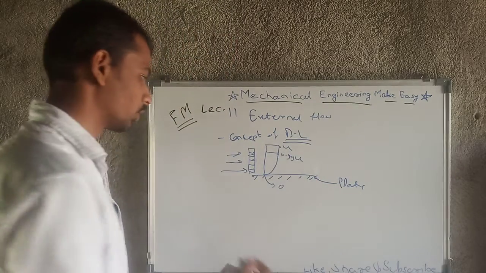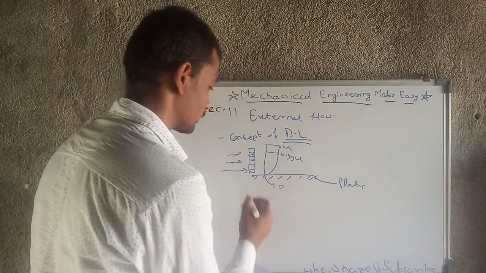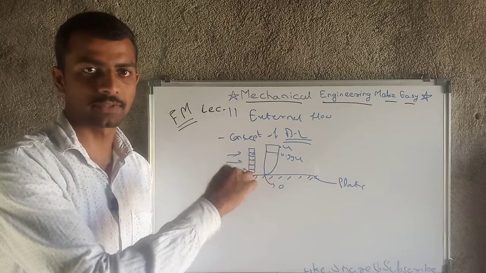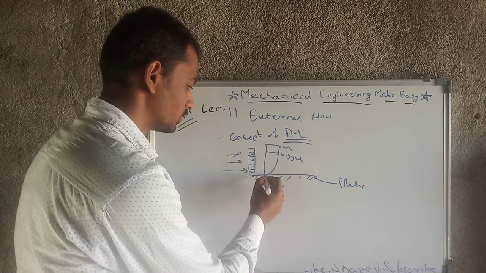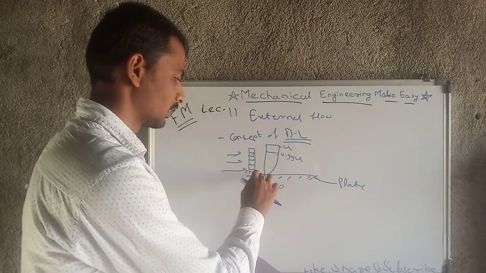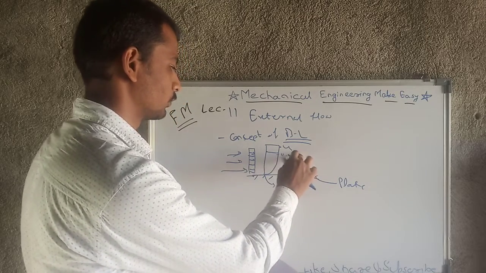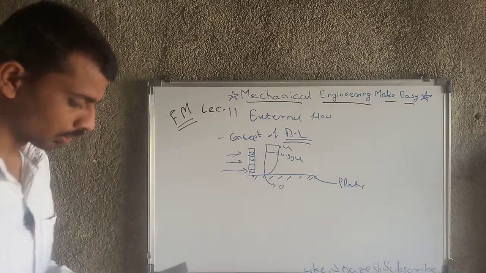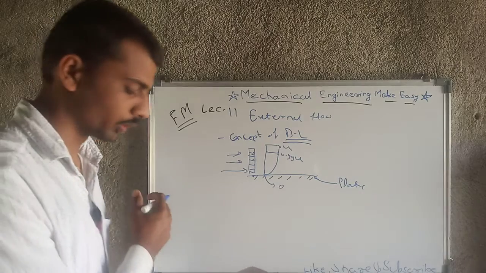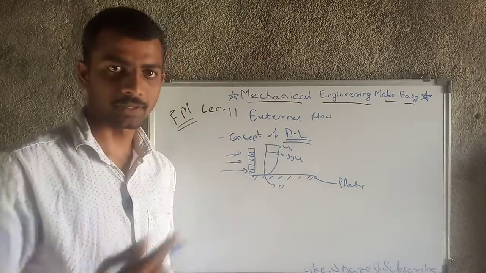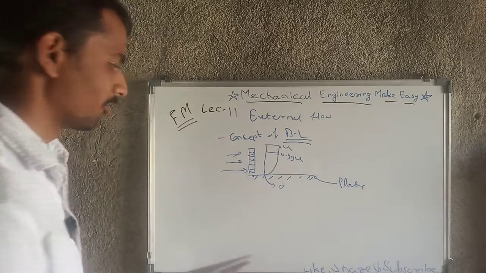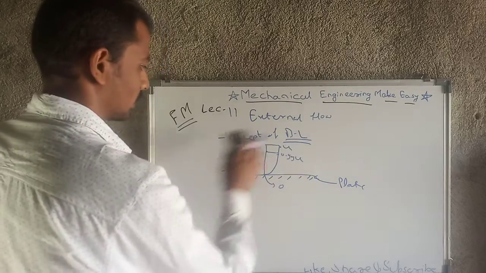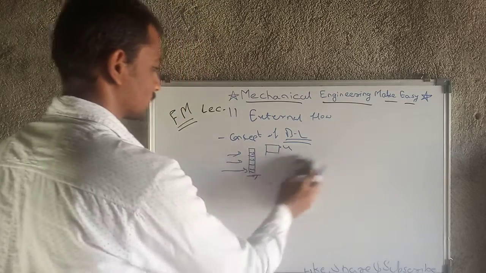Okay, what exactly is the boundary layer? Because of a number of circumstances, the flow near the plate does not occur with the velocity u, that is the free stream velocity. Velocity will be 0 at the plate surface and gradually increases up to 0.99 of u. That layer is called the boundary layer. This layer is responsible for the drag experienced by the body. I will come to that drag point afterwards. Firstly, just clear the concept of boundary layer, and draw the figures.